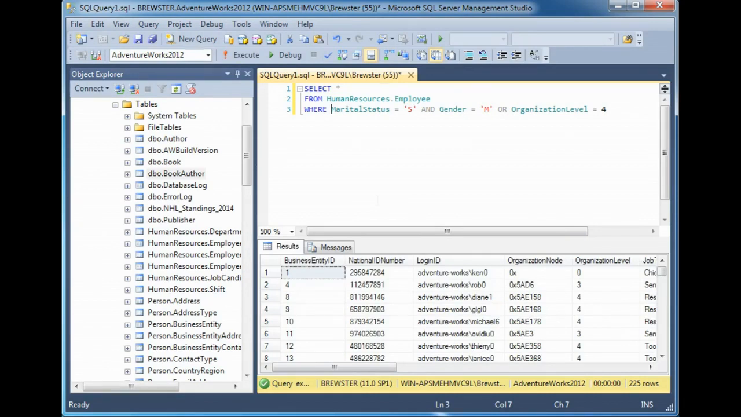Going along with the parentheses and adding on that, what if I were to do this? If I force SQL to say, I want to evaluate this disjunction first, and then using the AND operator, I want to evaluate it versus the marital status equals S. So if the gender is M or the organization level is 4, I want this particular parenthetical expression to evaluate to true. So the gender could be F, but the organization level equaling 4 would make this expression true. In that scenario, as long as the marital status equaled S, then the row would be